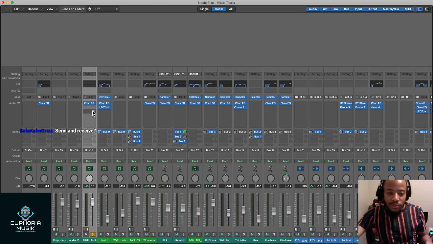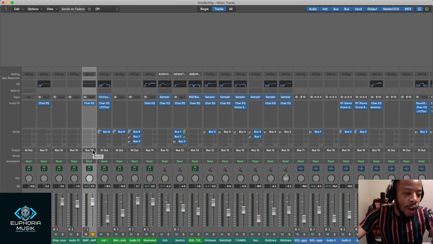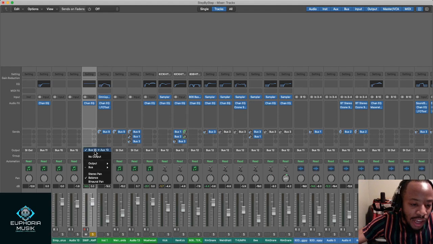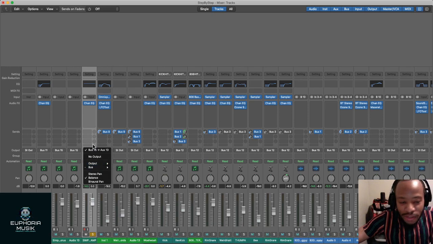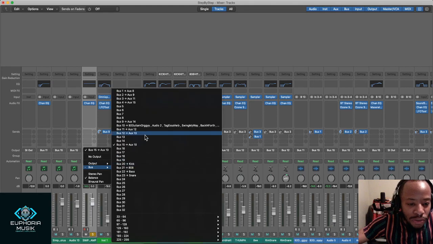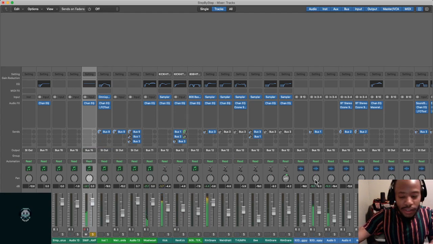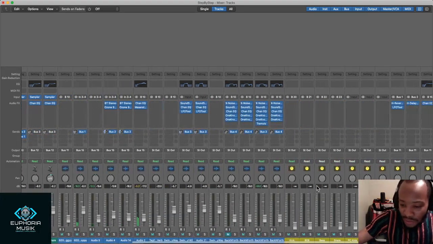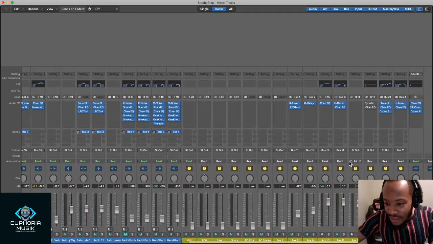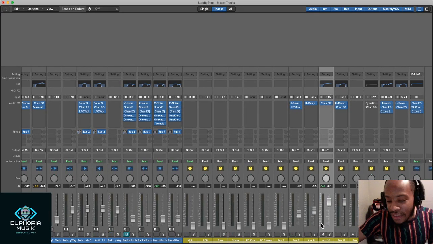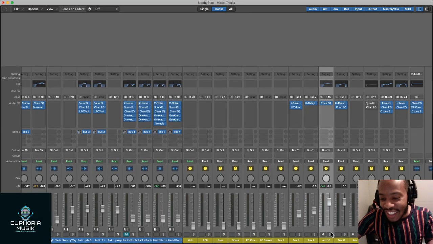As far as what I'm saying with sending, you see how it has an output. Yours probably has something similar. Instead of just letting it go out to my regular speakers or the master output, I send it over to a bus. That whole entire signal is now being sent over to bus 15. So it's being sent to right here. I have to organize these better. But it's being sent here.